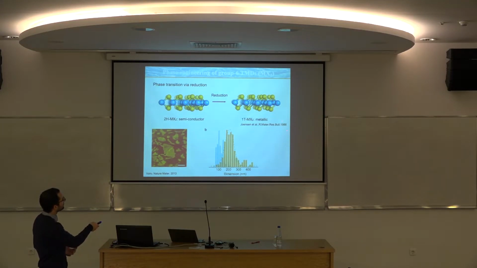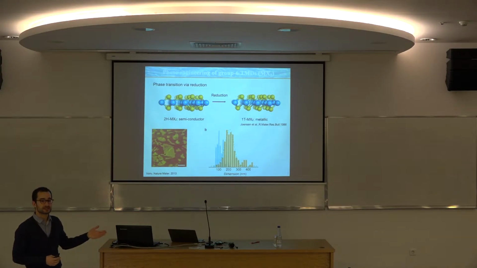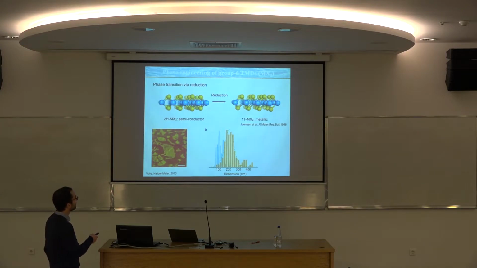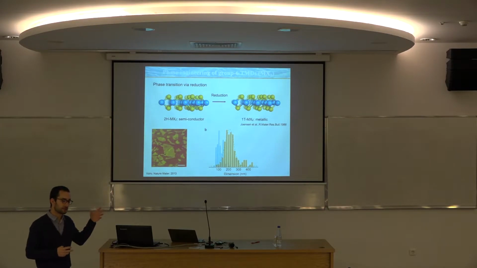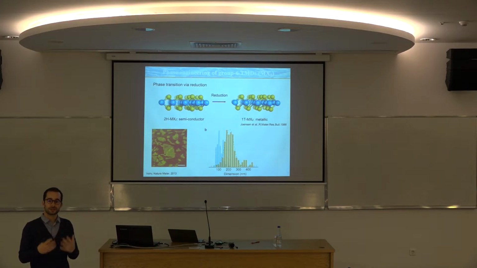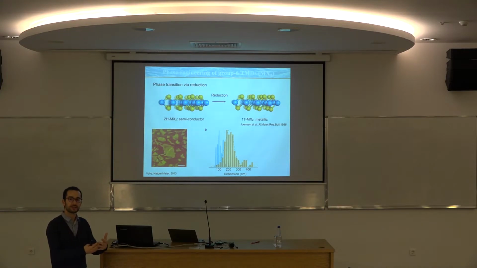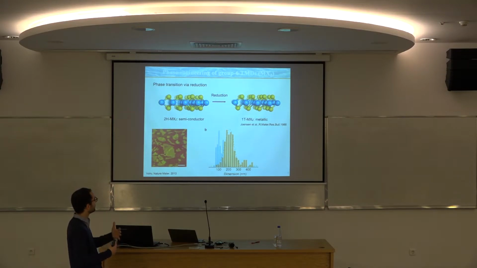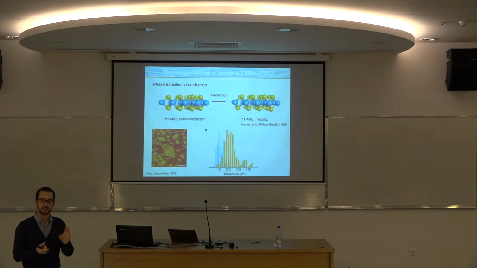Actually, if you see here, this was shown in 1986 by a group in Canada, Johnson et al., where they initially investigated bulk MoS2 as a cathode for lithium-ion batteries. They discharged the battery, so they intercalated lithium in between the sheets of MoS2. And what they realized is they observed different phases, different crystal structures, and second, they observed that